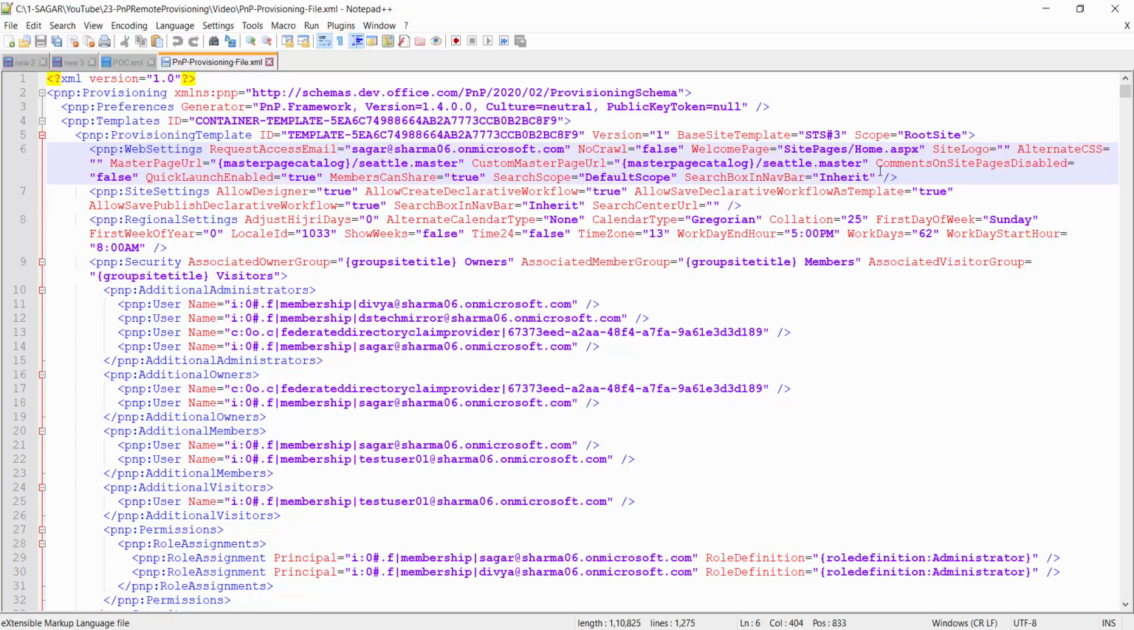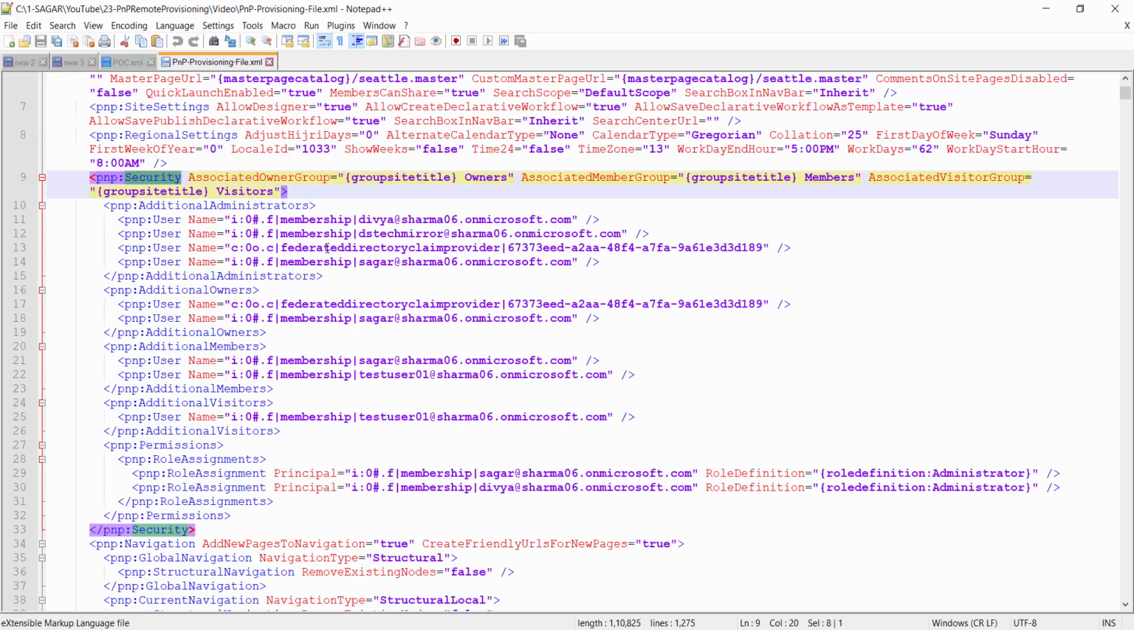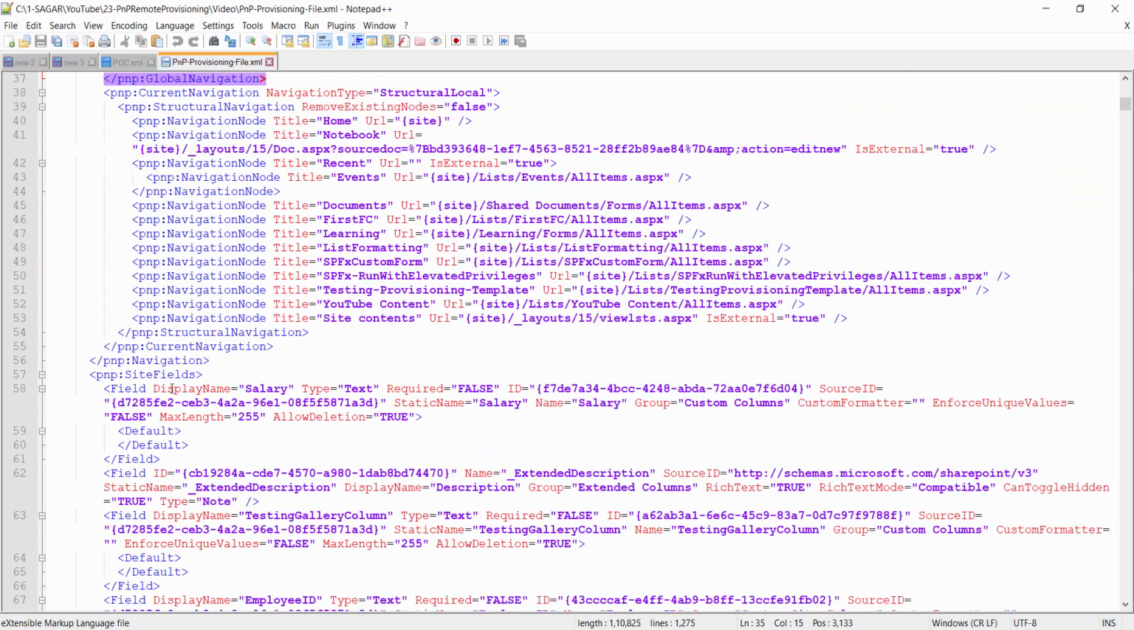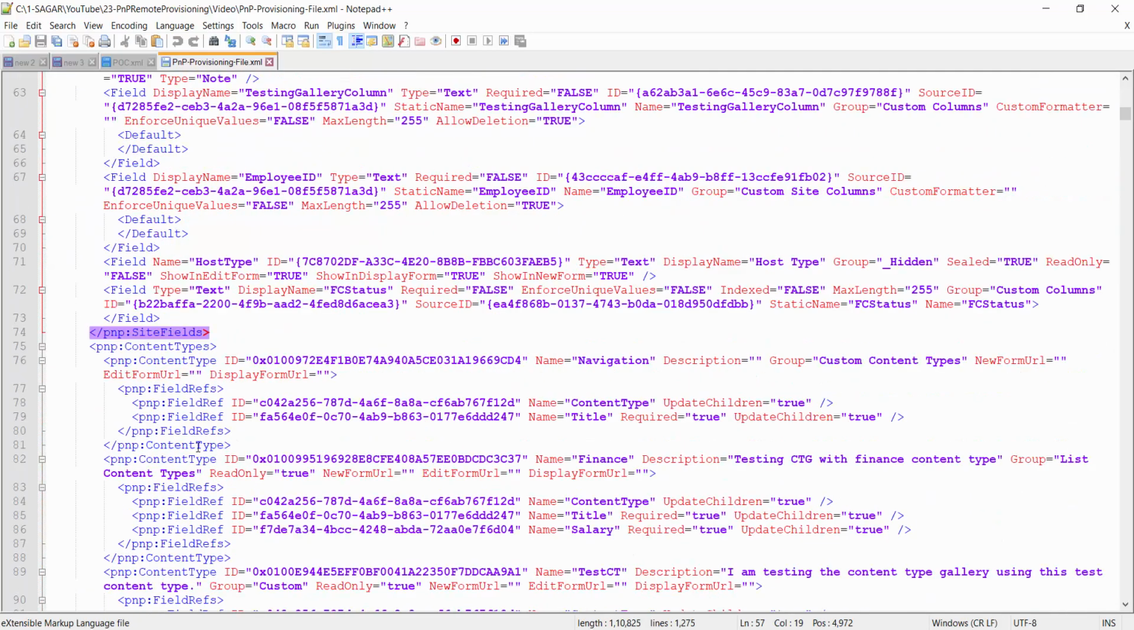All the information got stored. Over here you can see the site logo is blank, so it has not exported the site logo to the destination. Why it has not done that, we'll see. Then site settings, all the security, which means all the groups and their members, navigation, my global navigation, my site fields, my